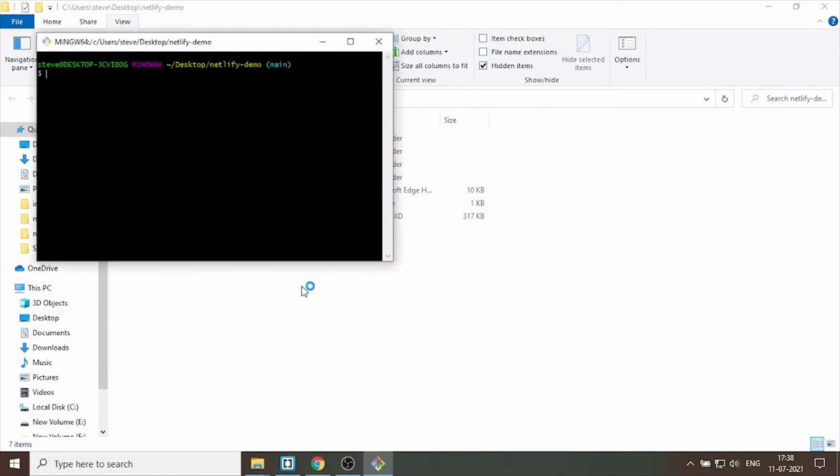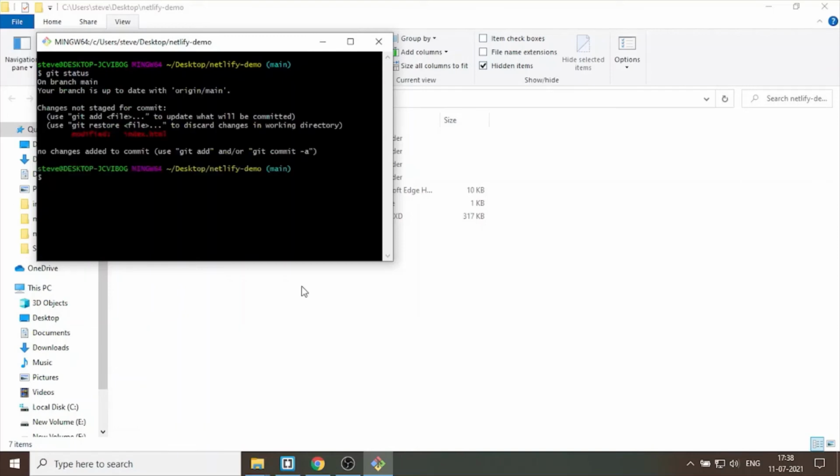We need to type some basic commands, which I discussed previously. git status finds any changes in our project. As you can see, I modified the index HTML page, so I need to add this change. git add -A is the flag for adding the changes.